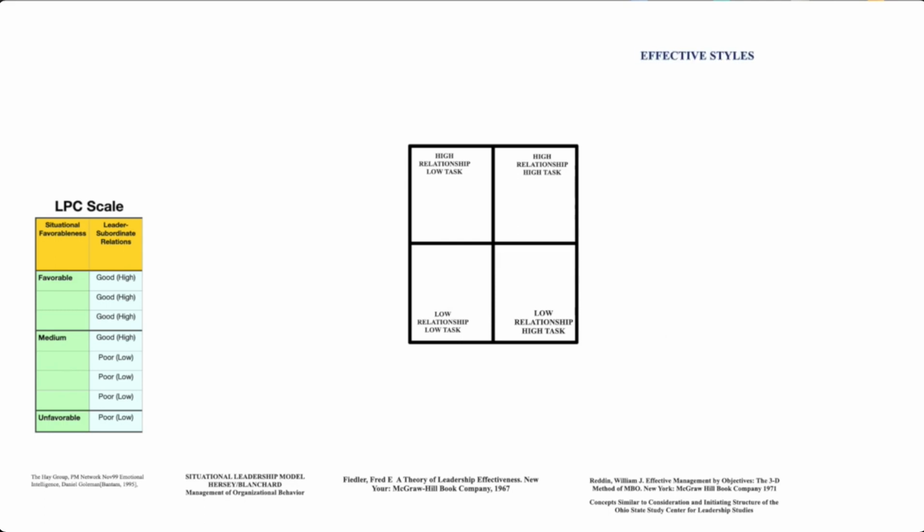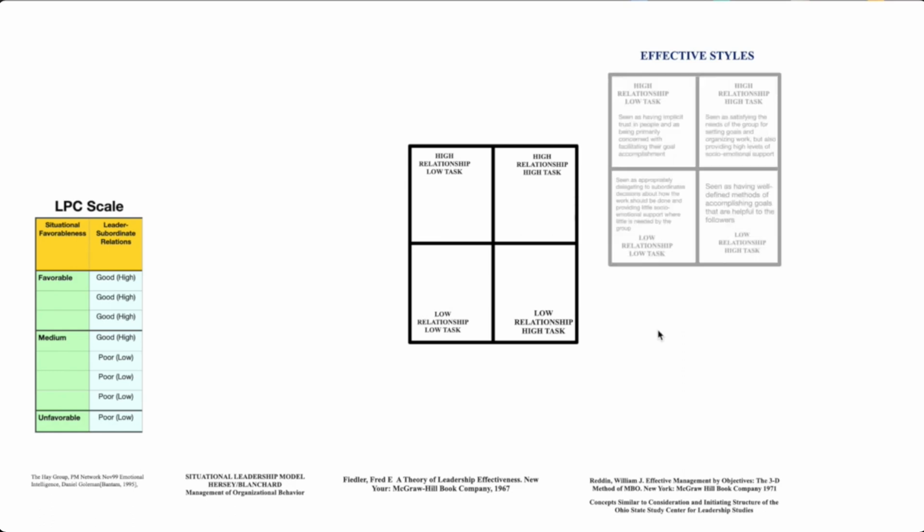So as we go ahead, we're going to talk about effective styles, and what you see here on the LPC scale over on the left-hand side are some of the indicators of favorable, medium, and unfavorable opportunities for the leader to have relationships with the people they're leading. So here are the